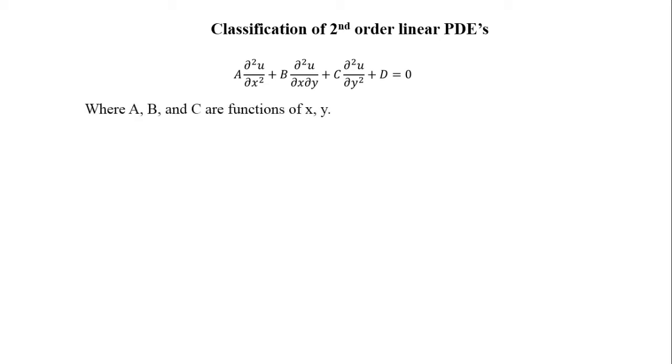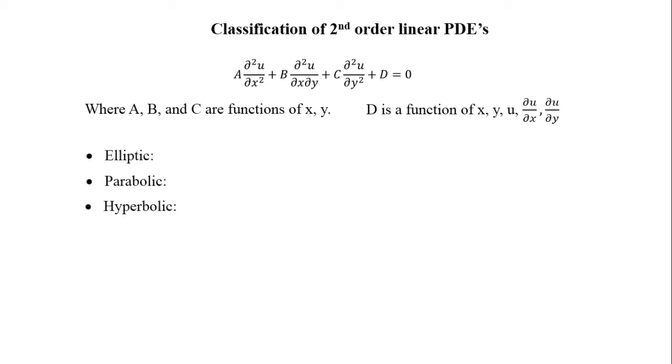Let us see the classification of partial differential equations. Most of the partial differential equations discussed in an introductory course on numerical methods are limited to second order linear partial differential equations. So this is the generalized formula of a second order linear partial differential equation where we have coefficients a, b, c and d. The coefficients a, b and c can be functions of independent variables such as x and y, and coefficient d can be a function of the independent variables x and y and also of the dependent variable and its partial derivatives, that is del u by del x and del u by del y.